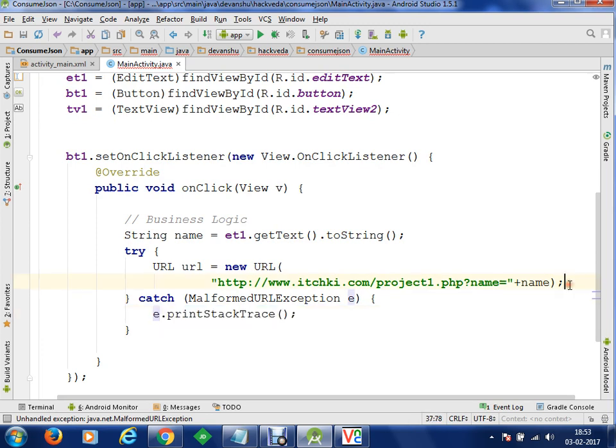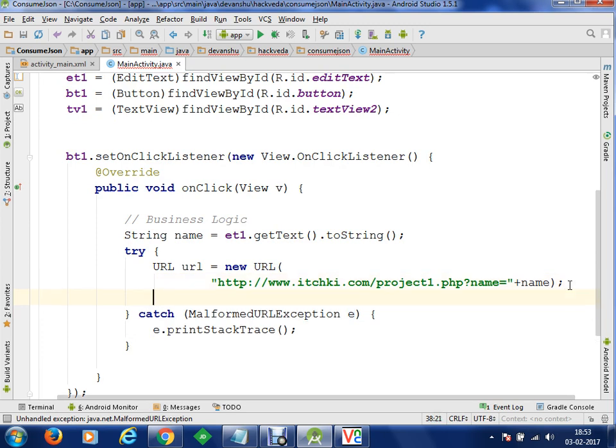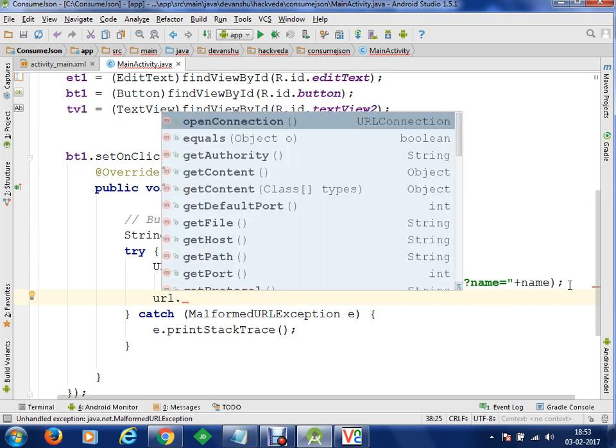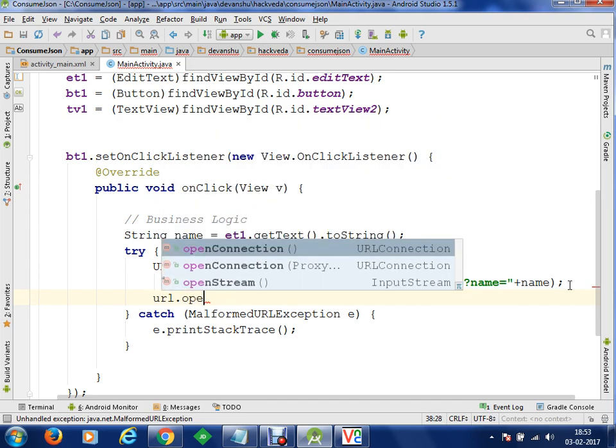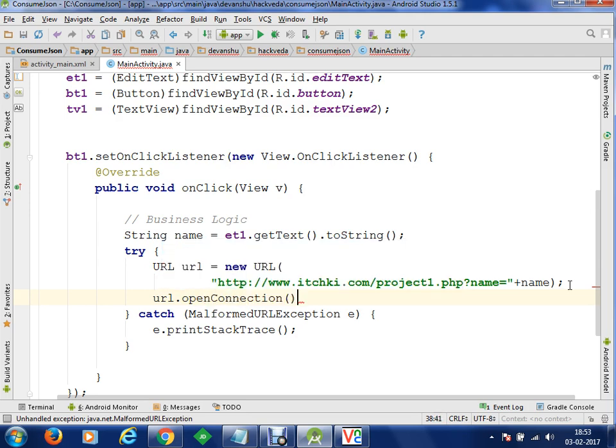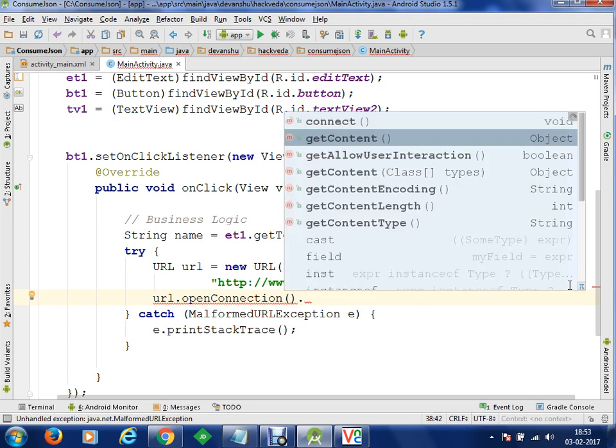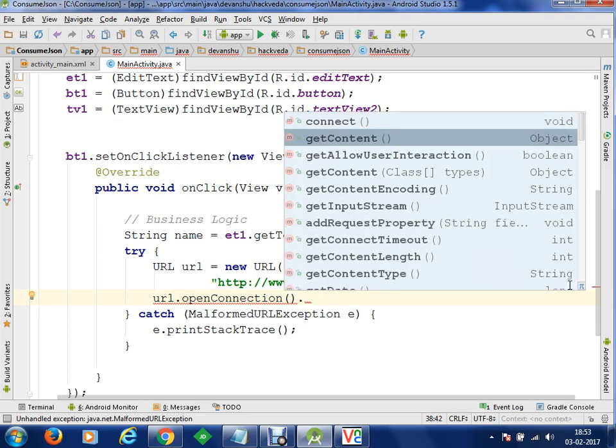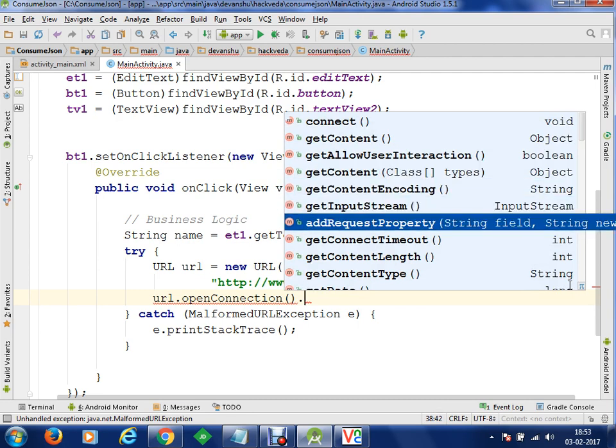Now we have got the new URL. From the URL, we are going to open a connection. It's going to return a URLConnection to us, and on this connection we have to read the data. In case you go to getContent, there are many options here.